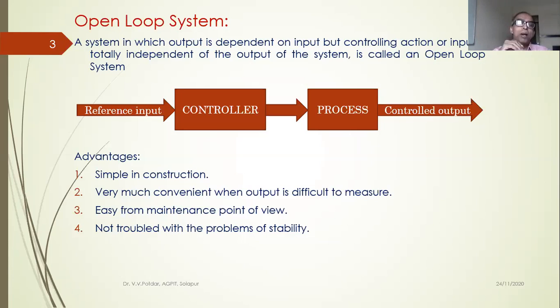So the next point is the open loop systems are not troubled with the problems of stability. Okay. Then simple to design and hence economical also. So the toasters, why are these cheaper? Because there is no complicated feedback system that is involved. So the traffic control system is also cheaper. It can always be converted into a feedback control system. Even a toaster can be converted into a feedback control system by using some imaging devices.